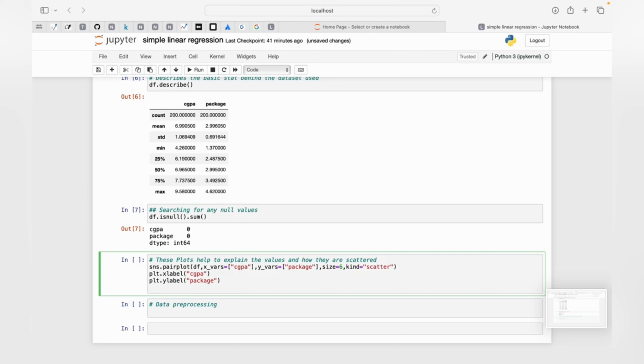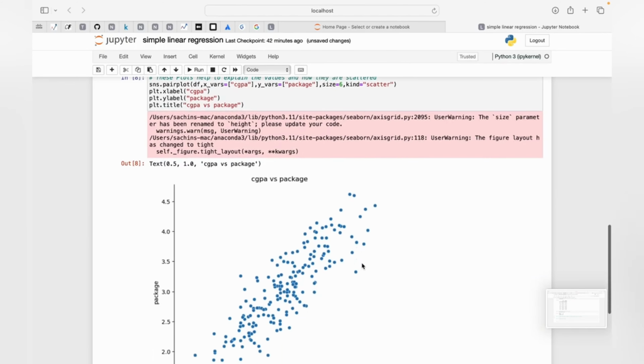And the last one is the title of the plot. I will give it a title like CGPA versus package. So let's run the command. So as we can see,